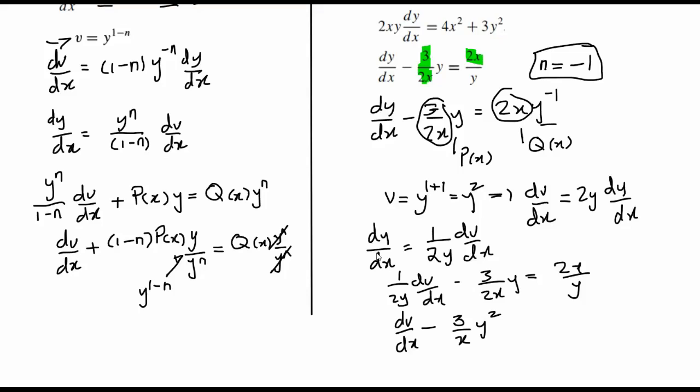The 2 cancels, and it's equal to, over here you're going to have just 4x, and the y is gone. So we end up with this equation, and you're still thinking, wait, what about that y squared? We can't have y, v, and x all together. So of course you can clearly see that y squared is v, so it just becomes